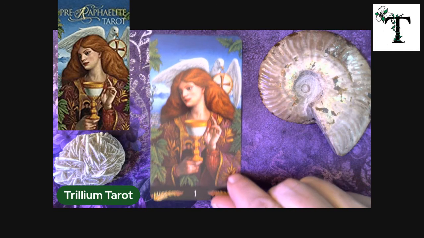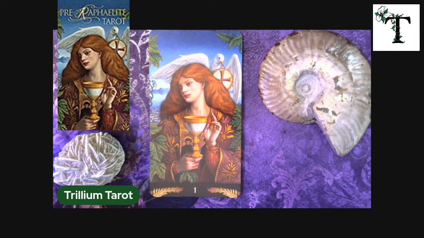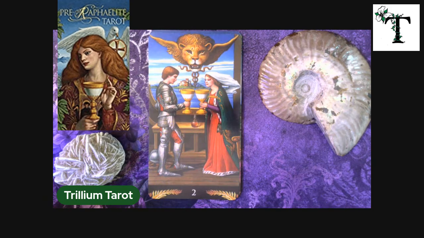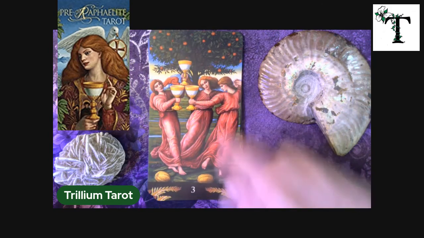So now let's look at the Cups. You can see on the overlay of the video, this is obviously the card that is on the cover of the box that the cards come in. So here, this is the Ace of Cups. Then we have the Two of Cups, the Three of Cups, the Celebration,